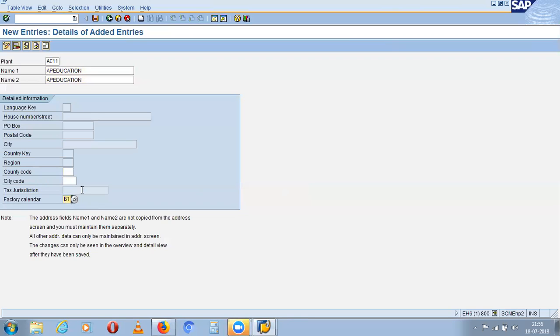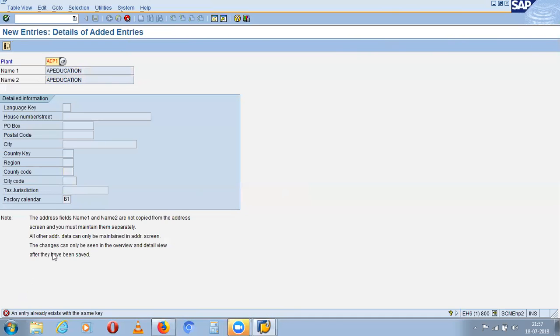Press enter. Entry already exists, same key. So try ACP1. Someone has already created the plant by that name.